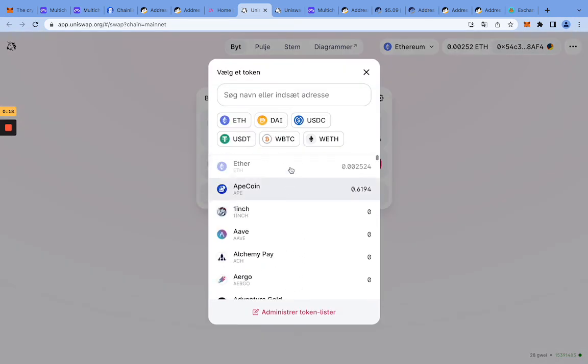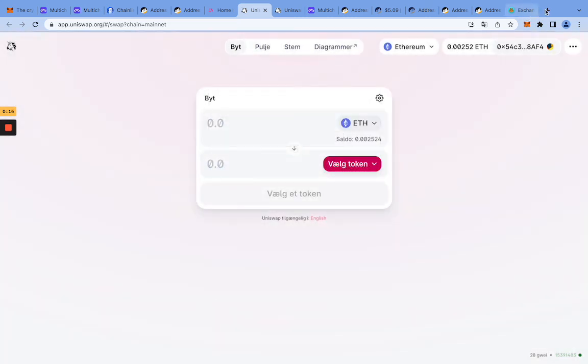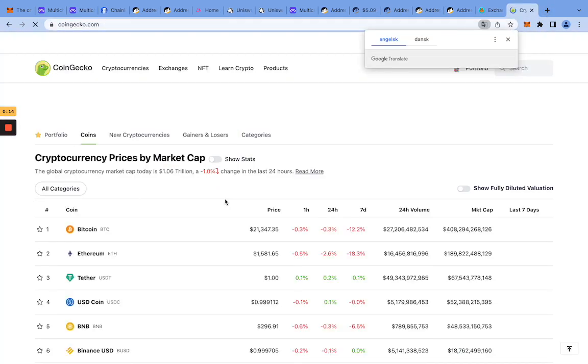Make sure it's the right token. Always check the tokens on CoinGecko, that it's the right